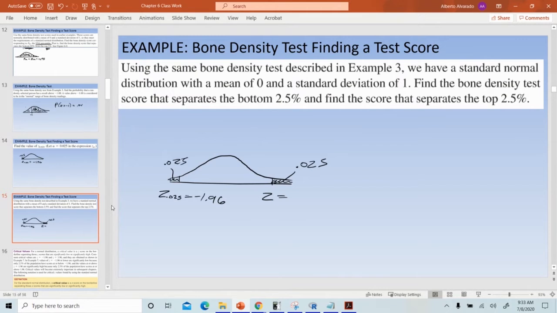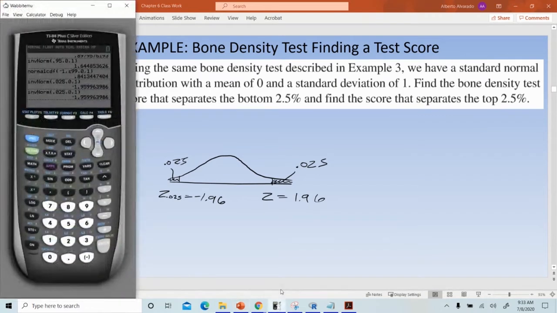Good. So Lauren says is it just a positive number? That's right. Yeah. So this is symmetrical, right? So zero's in the middle. This -1.96, so the other side would be +1.96, which is going to help because a lot of times you'll be asked to do a two-tailed test, and it'll have equal area, so it's easier to do just the opposite instead of. You could also do the area to the left of this is going to be 1 minus 0.025,